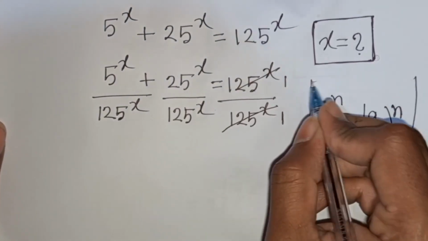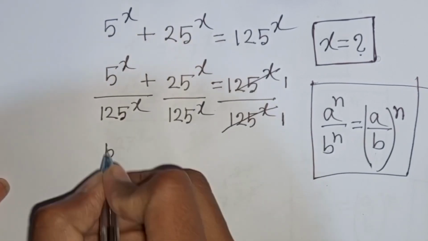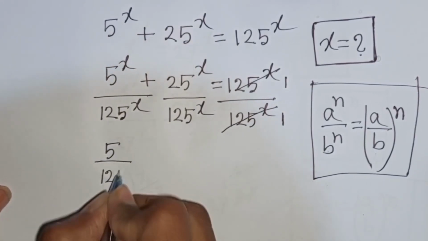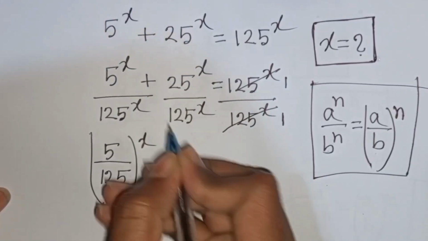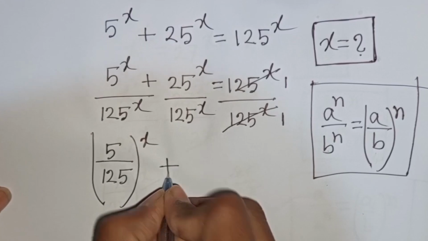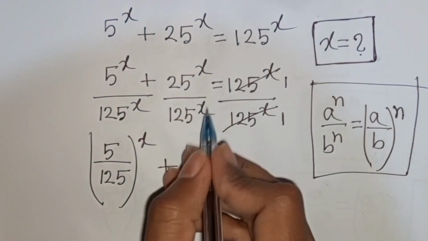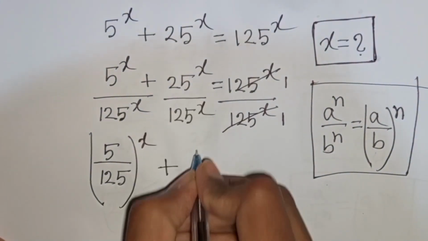So according to this exponential rule, we can write here 5 over 125, then bracket common power x, plus again x is the same power but different base. So according to this formula, we can write here 25